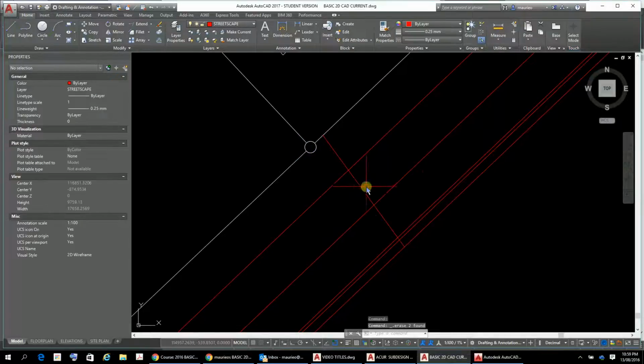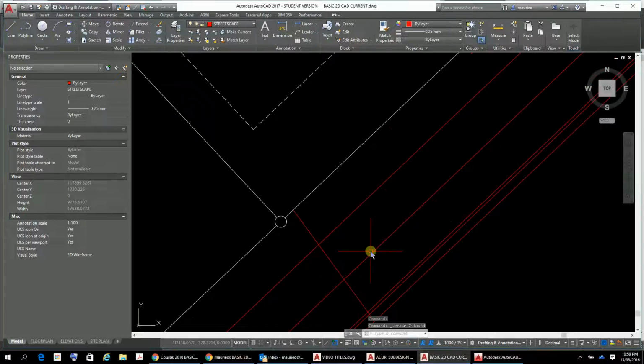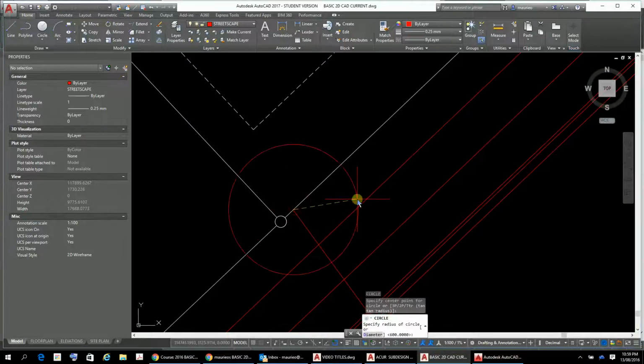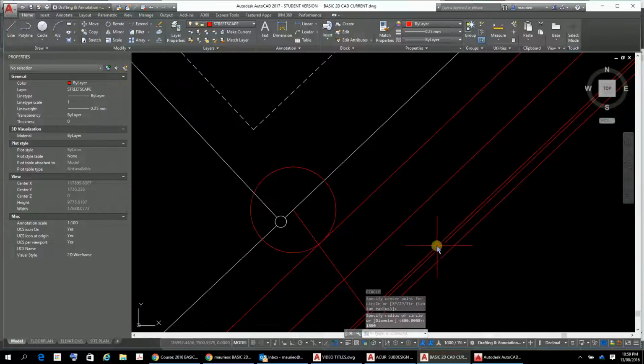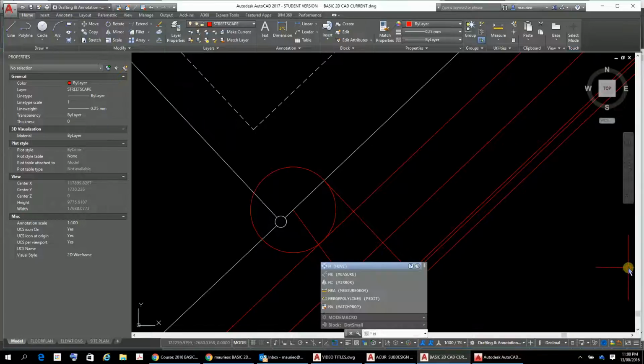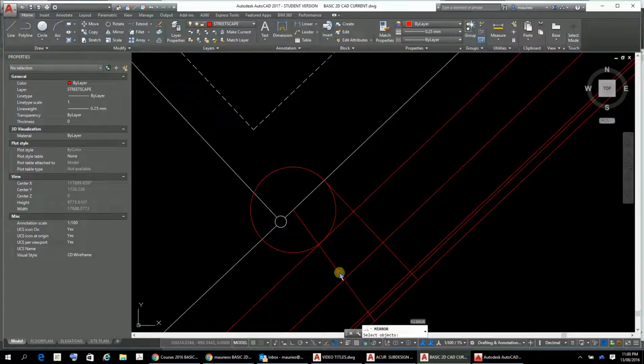Delete. Now I want my driveway to be 3 meters wide at the boundary, give me plenty of room because I'm not a very good driver, and so I'm just going to go 1500 circle there, which will give me the center of my driveway, and then I will draw a line from there at right angles to there, that's all good, and then I'm going to just mirror that other boundary, which is that one there, and I select the